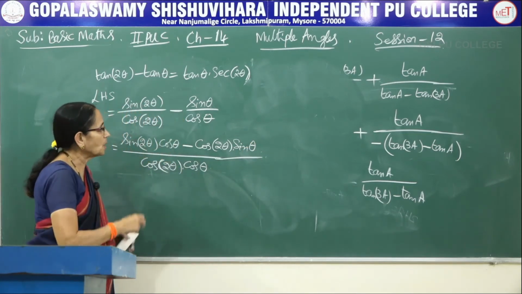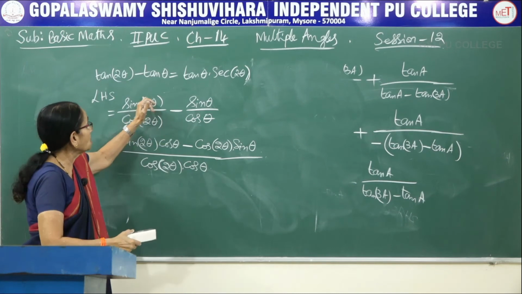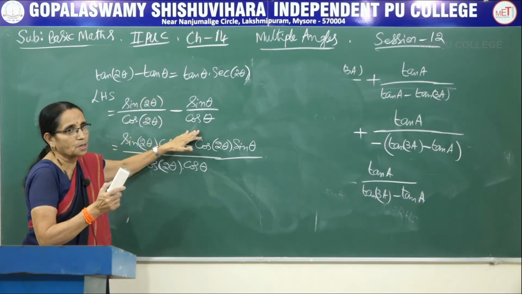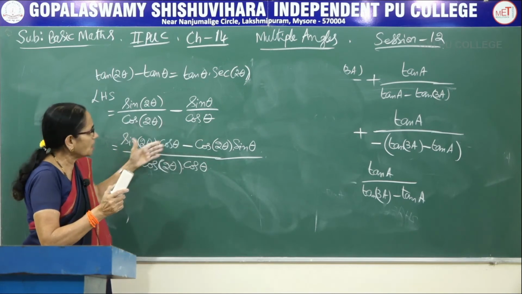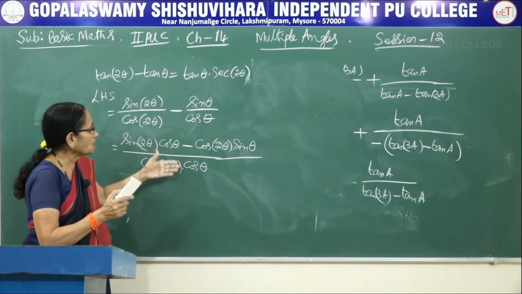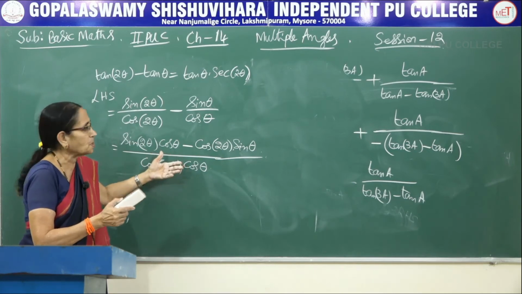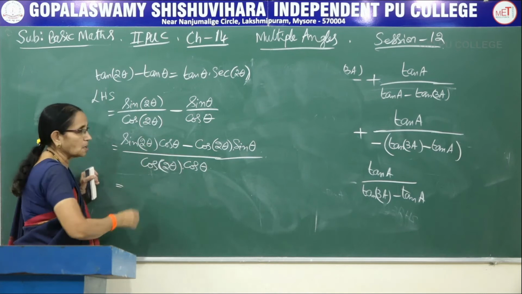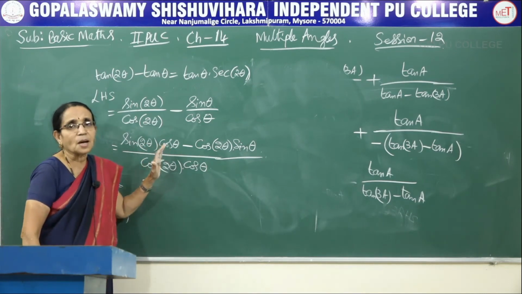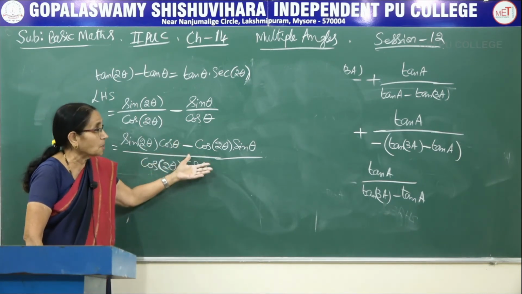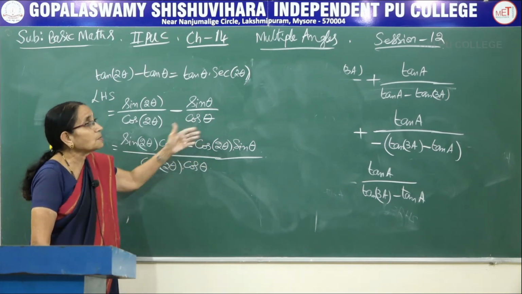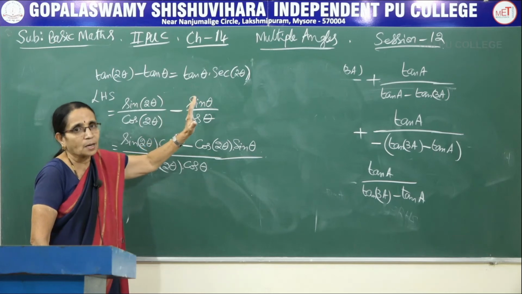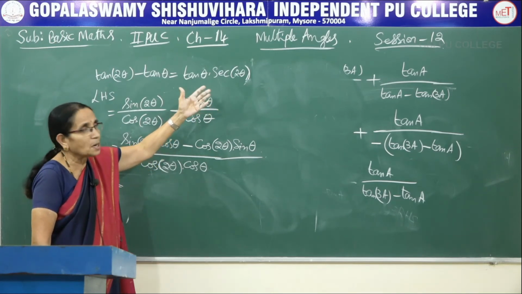See, first we have used the information that tan theta is sin theta by cos theta. First step. Then it's high school algebra, that is taking the LCM and adding or subtracting. So I've taken the LCM here. Now look at the numerator. It resembles a standard formula which I have learnt in the previous topic. See, the first topic of this chapter was compound angle. The second, we have come to multiple angles.